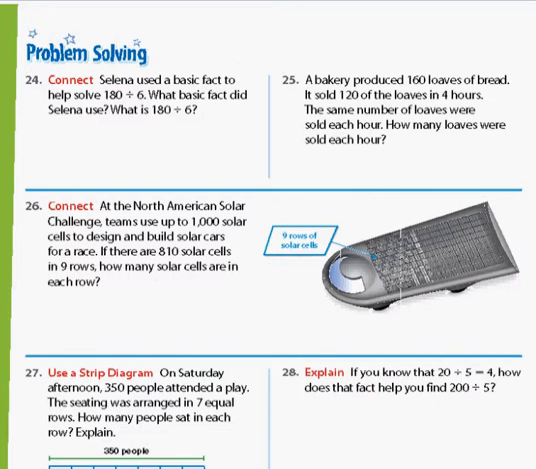Okay, on problem 24, it says, Selena used a basic fact to solve 180 divided by 6. What basic fact did Selena use? And what is 180 divided by 6? I got 2 question marks there, so I'm going to have 2 answers. So the first question, we'll box that in,